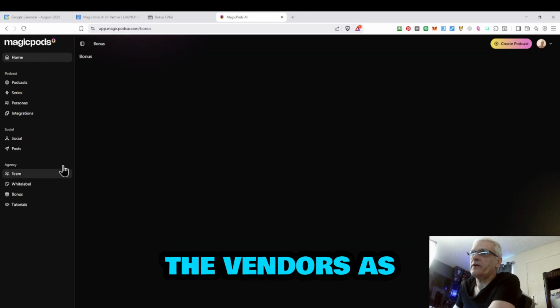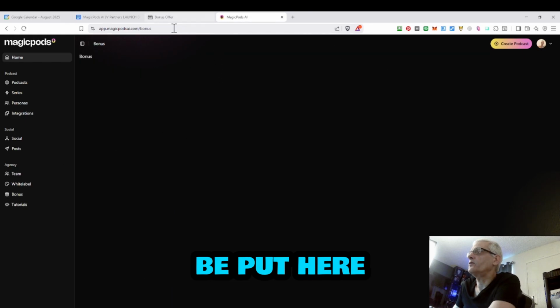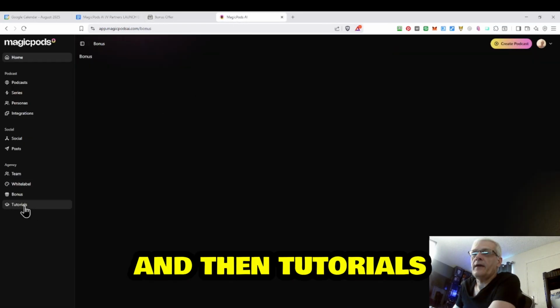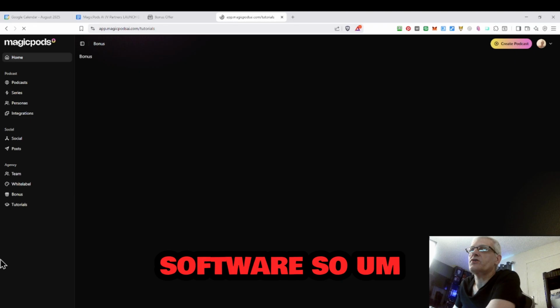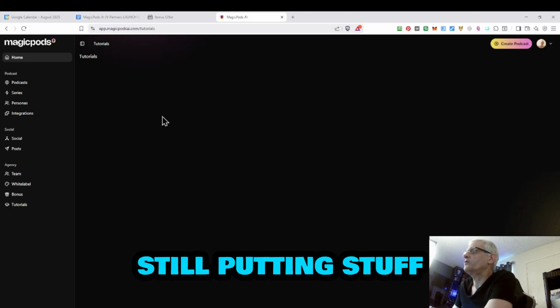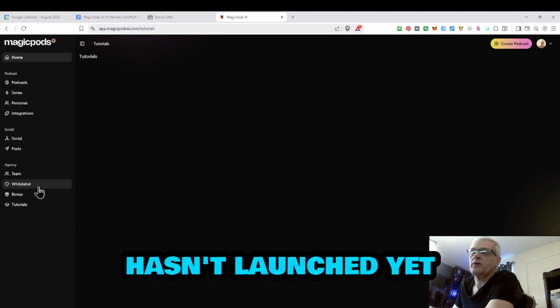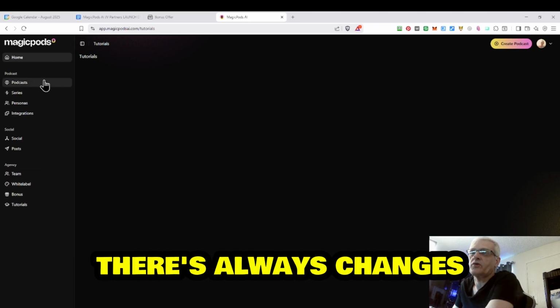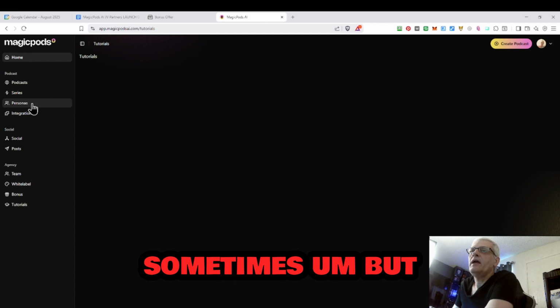from the vendors as well. Those are going to be put here. Right now, there's nothing in there. And then tutorials here, you can actually watch and learn how to use the software. So, all in all, and again, it looks like they're still putting stuff together because this hasn't launched yet. There's still things that they've got to put together. Obviously, with product launches, there's always changes at the last minute sometimes. But